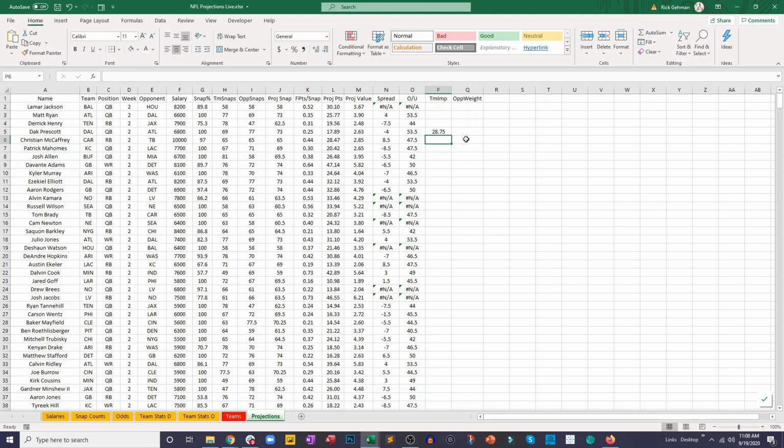You'll see where this ends up here. So that actually says the Cowboys are going to score 28.75 on average, obviously. The Falcons are going to score 24.75, and when you add them up, it's 53.5, which